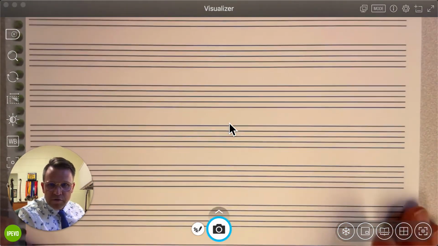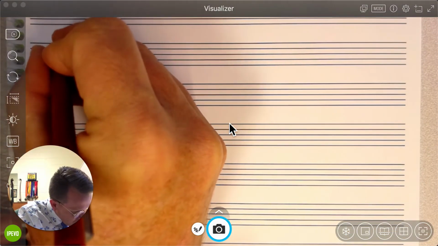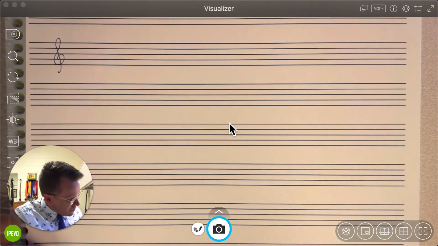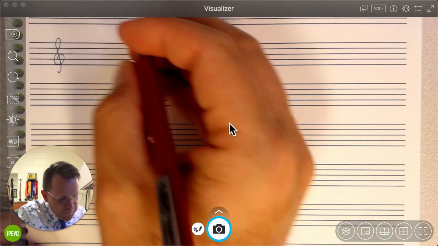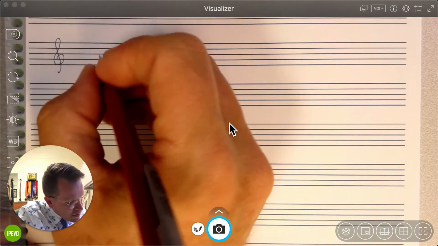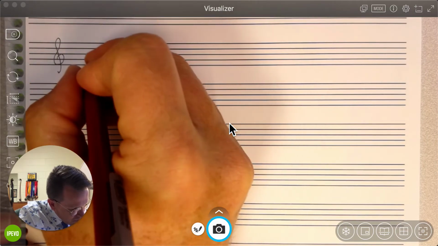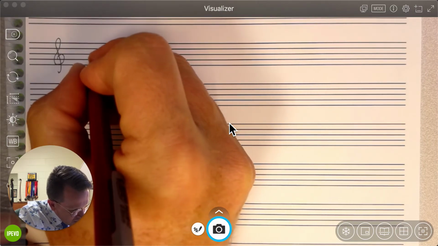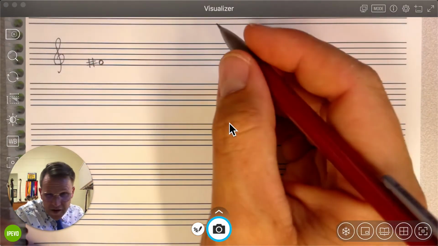Let's look at one more. How about we do one in treble clef now? We'll start on, how about we start on an F sharp? Okay. Now F sharp seems like it might not be that common of a key, but it's a common minor key.